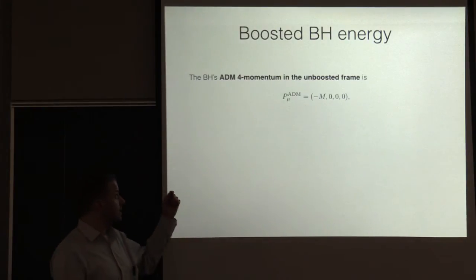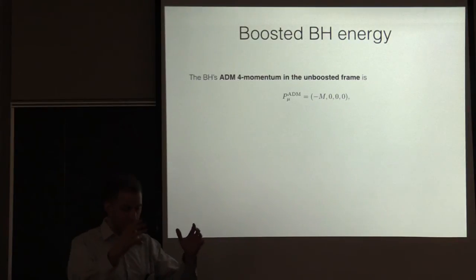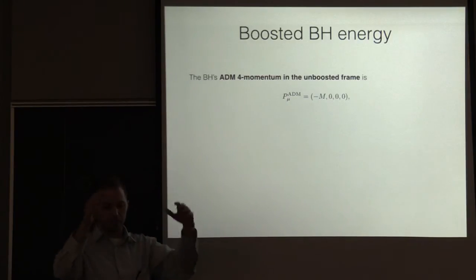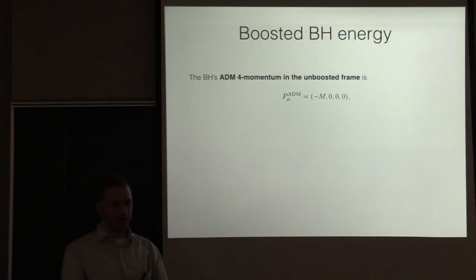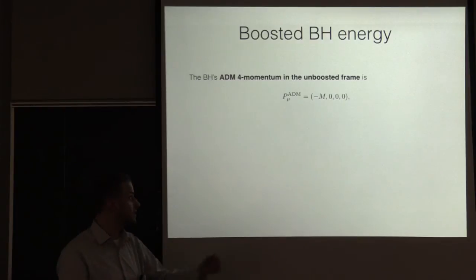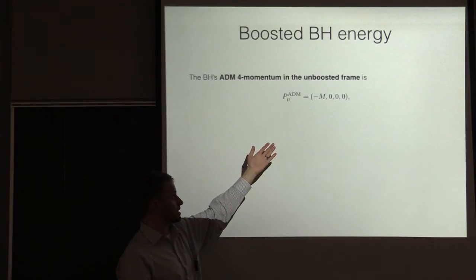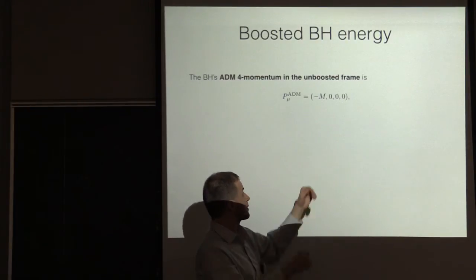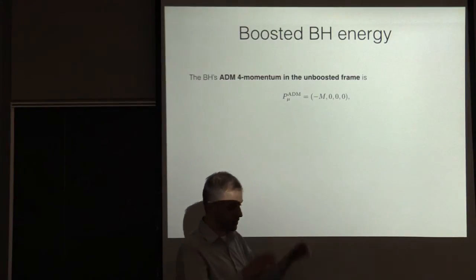So quickly, the first thing is, to any black hole you can compute something called its ADM four-momentum. Suffice to say, it's some integral that you compute over some combinations of curvature at infinity, and you do this integral and it spits out a 4 vector. And that 4 vector has an interpretation as the four-momentum of this entire black hole spacetime. And if you do that for the Schwarzschild black hole sitting at rest, that's the 4 vector that gets spit out. Schwarzschild black hole at rest has energy m and it has no 3 momentum.